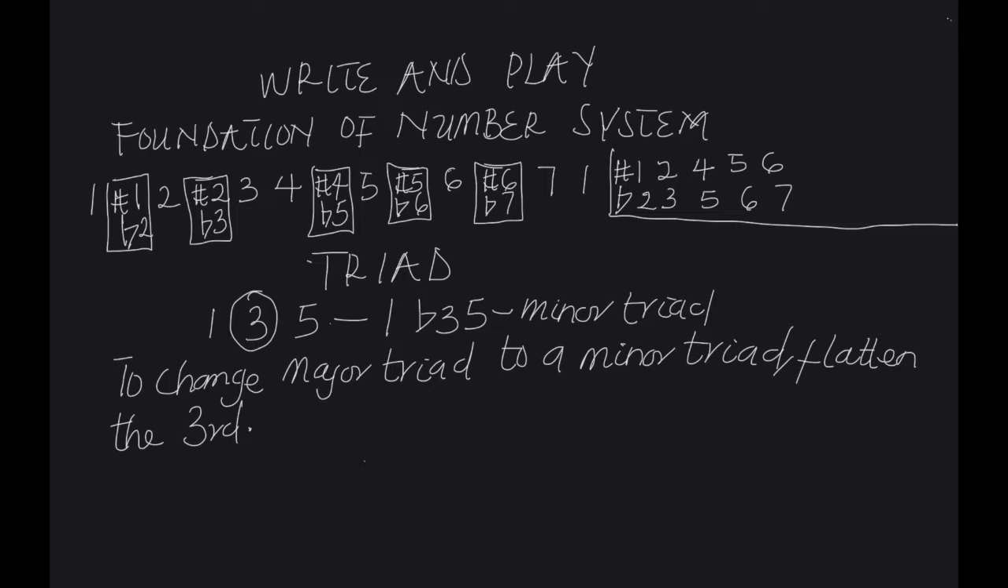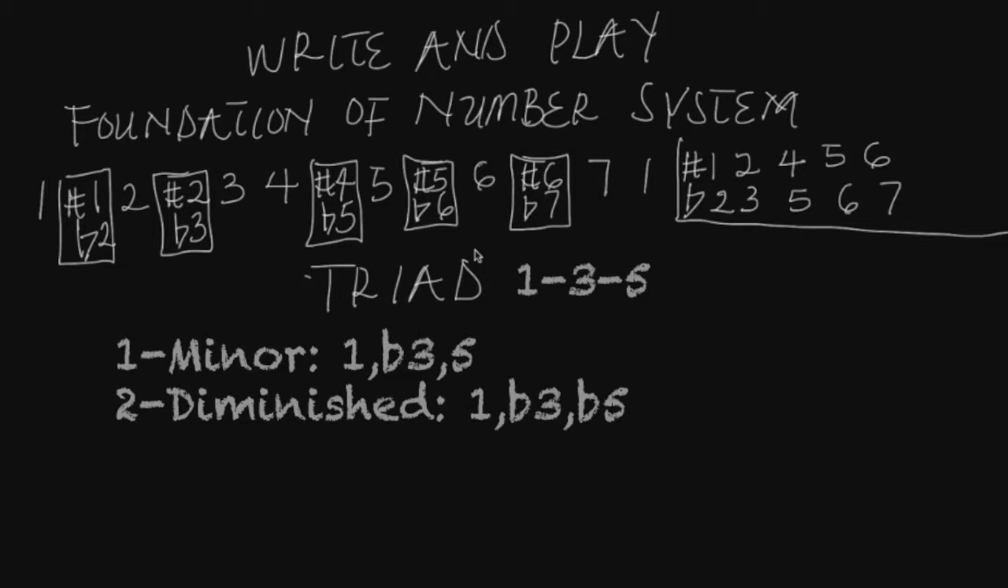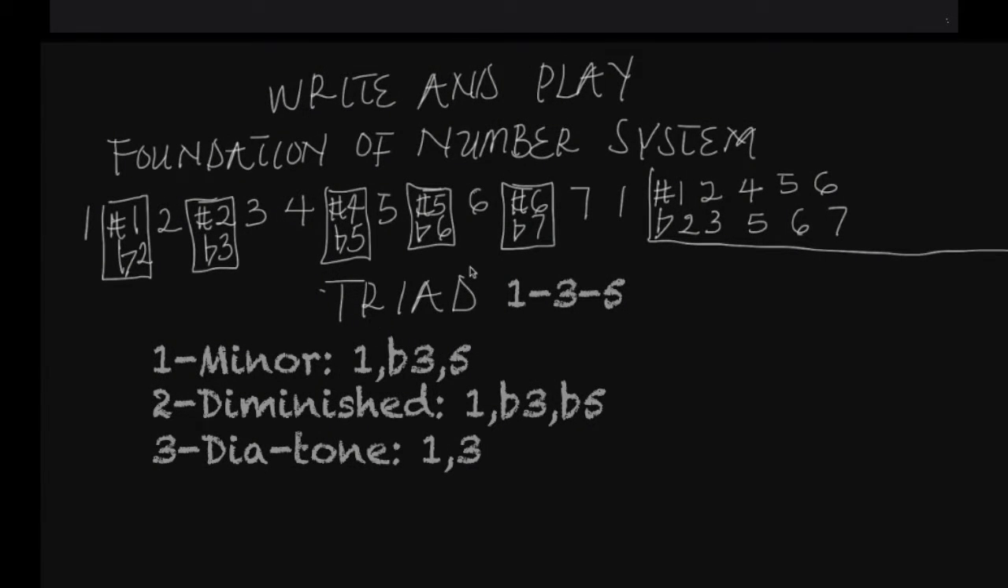Let's see which other chord we can come up with from a major triad using this sharp and flat. Now if you flatten the 3rd and you flatten the 5th, you have what's called a diminished chord. If you remove the 5 and you are left with the 1 and the 3, you have what is called